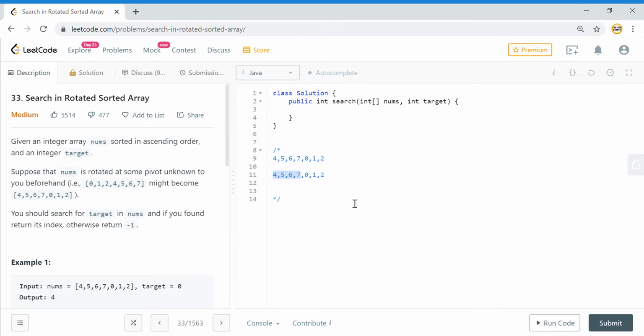Okay, so I will explain it one more time. What we are going to do is break this problem into two problems. The first will be to find the element where the given nums array has been pivoted, and once we have found the pivot point, then we will take a decision whether we need to search for the target element from the pivot point till the end, or from the beginning till the pivot point.